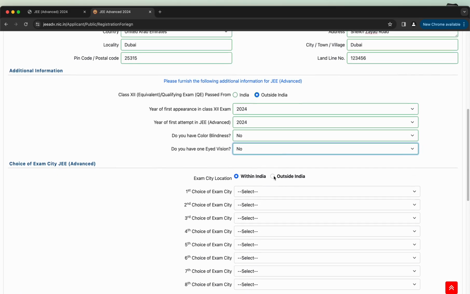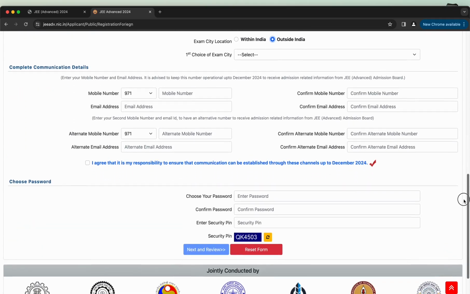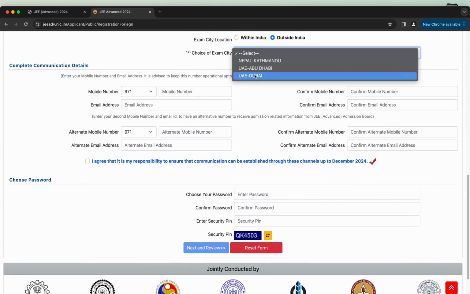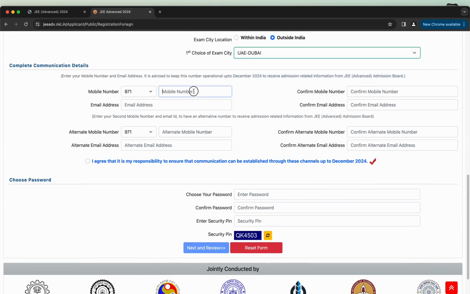For within India, 8 choices of exam cities are to be selected. For outside India, 1 choice of exam city to be chosen from the list of exam cities.